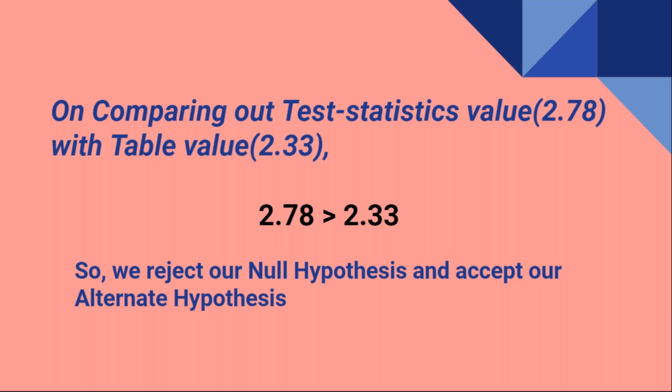In this particular problem, the alternate hypothesis is our claim, because the claim is that the average weight of potato is greater than 50 gram, so it has increased. So in this case we support our claim. Here we may assume that the average weight of potato has increased due to the advancement in agricultural technology. I hope by now you understand the concept of hypothesis testing.